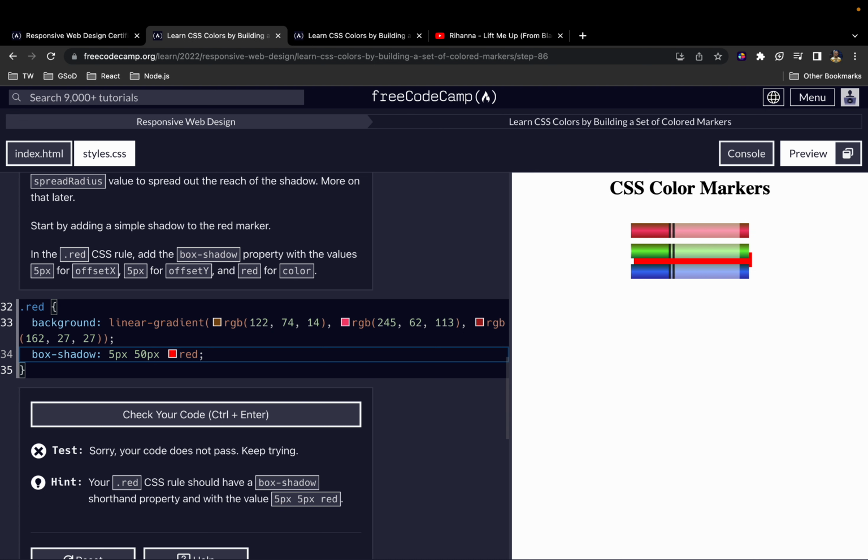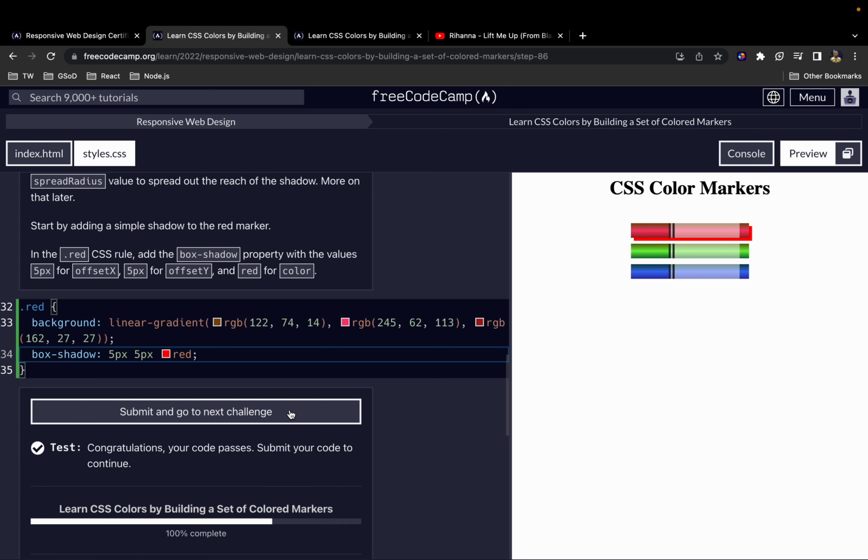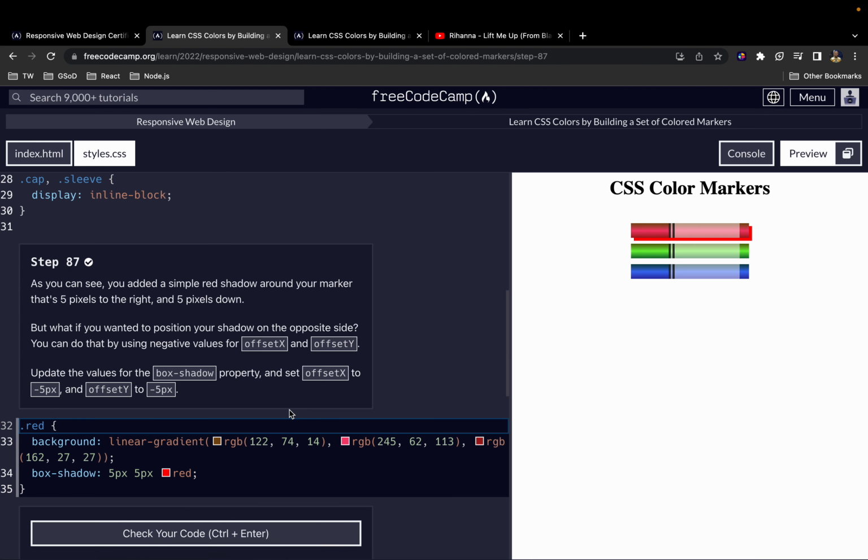Okay, now I sent the shadow all the way to the bottom. You see, I did 250 and you sent it way down. Okay, but let's keep it to 5 pixels. Okay, as you can see, you added a simple red shadow around your marker that's 5 pixels to the right